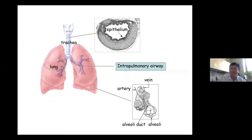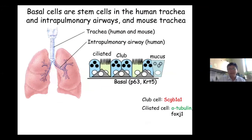back and talk about the lung stem cells in the respiratory system, which include the trachea, and then you have these intrapulmonary airways, and then all these intrapulmonary airways become smaller and smaller. Then they open to these millions of breathing units called alveoli, which consist of these arteries and veins, and then also, of course, those epithelium, which are responsible for gas exchange. Within this system, the stem cells or progenitor cells exist in different locations. For example, in a human trachea and a mouse trachea, and also human intrapulmonary airways, basal cells are the stem cells of these